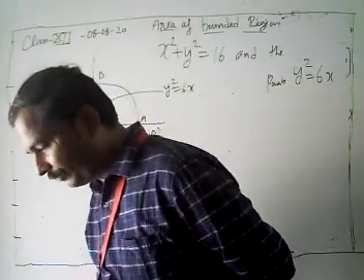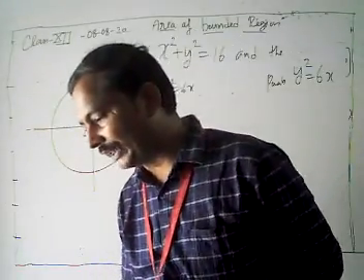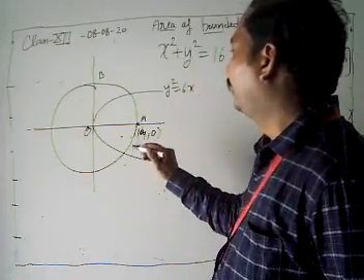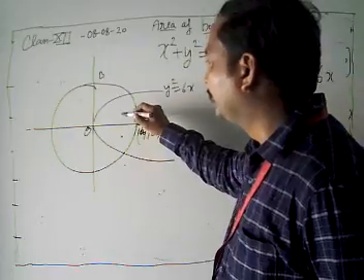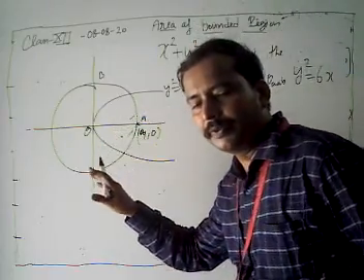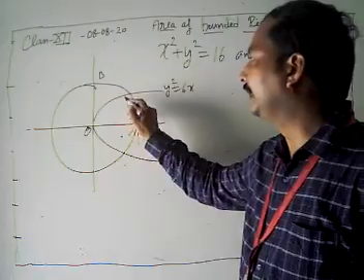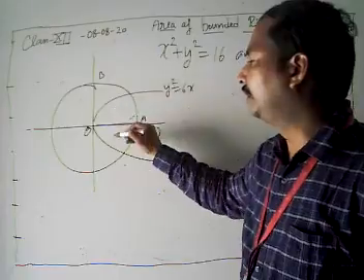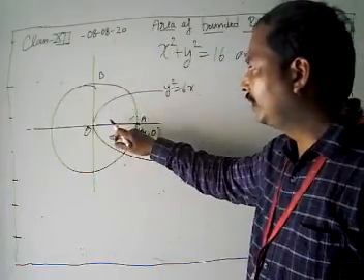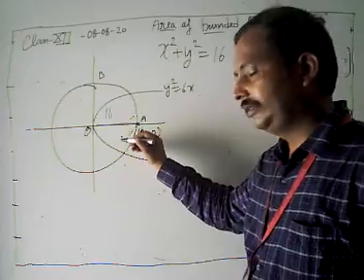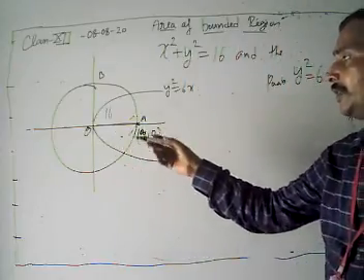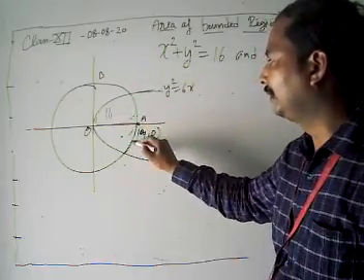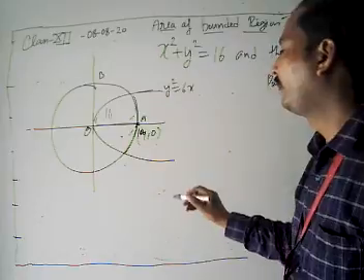Now here we have to find the area of the region common to the circle x square plus y square equal to 16 and y square equal to 6x. We have to find the whole region. But first of all, we are going to find the area of this region, and because both parts are symmetric to each other, after getting this area we are going to multiply it by 2, then we get the common region between this circle and parabola. Then how can we get this area?